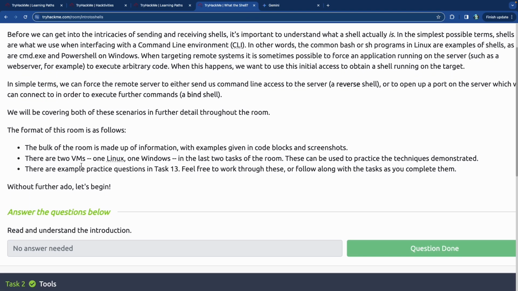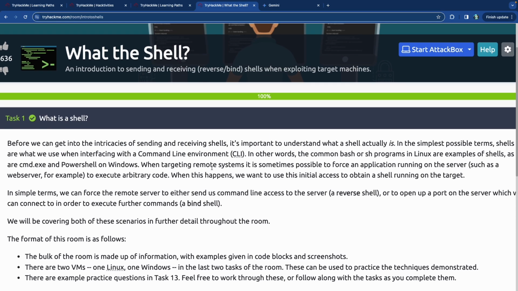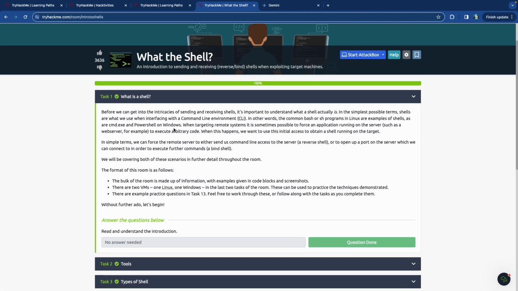We're gonna go through the actual room itself, and then there's gonna be two machines at the very end that we're gonna interact with. One of them is gonna be a Linux machine, and one of them is gonna be a Windows machine, so that you can see what all of this looks like in practice. Okay, so I've kind of jumped ahead, so sorry about that, but let's go into the next piece of this,